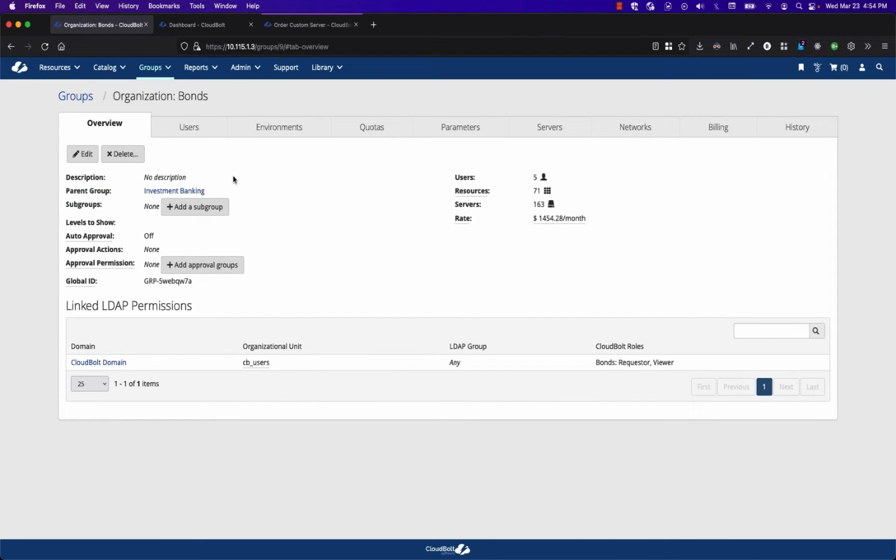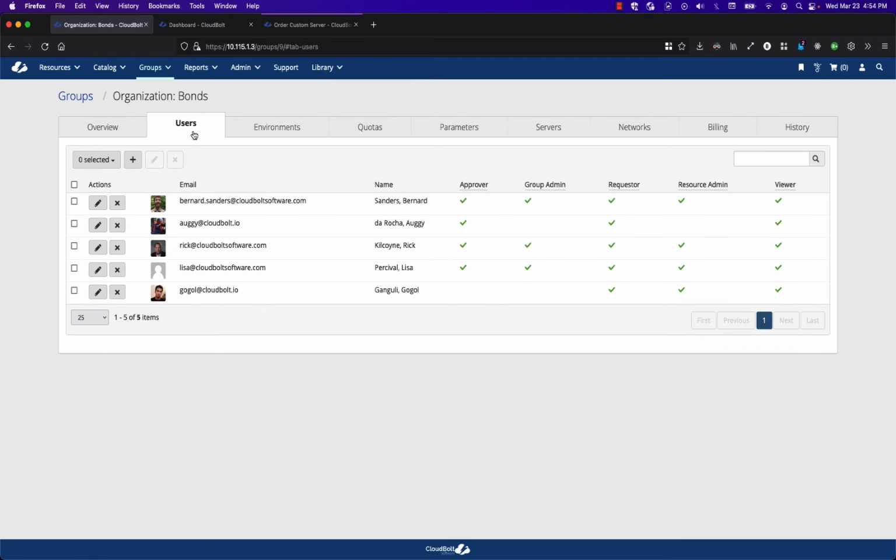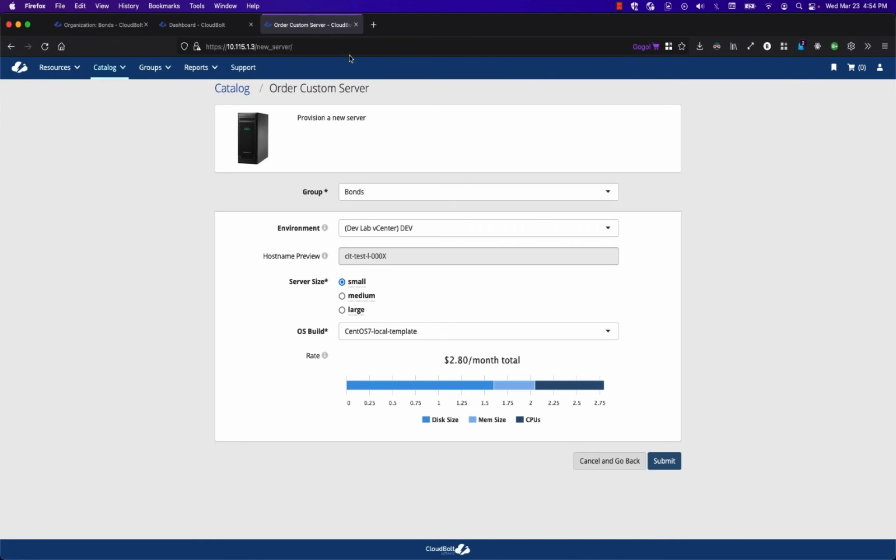CloudBolt's default approval is to require approval on each order from an approver in the group for that order. We can see that configuration here under the Users tab for a group. You can see that 4 of these users are approvers and 1 is not. If any of those 4 approvers submit an order for that group, that order will be auto-approved and go through automatically. But as this 5th user, Gogol, who I'm logged in as in this tab, if I submit an order